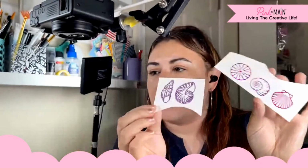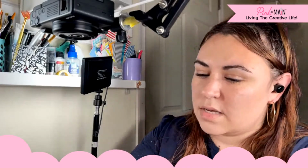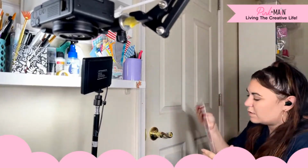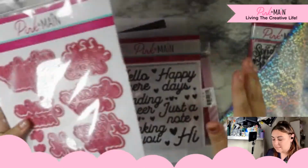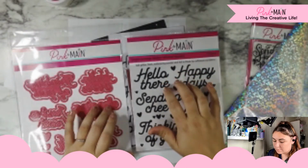So we're going to be doing these same things with our simple greetings, and then we're going to turn them into actual cards because lucky for me, I do in fact know where that stamp set and die set are. So, speaking of which, it's back here. I didn't remember to move it up. So these are the dies that coordinate with that. Sorry, these are the dies. It's one of those days, guys. Here we go. These are the dies that coordinate with the simple greetings